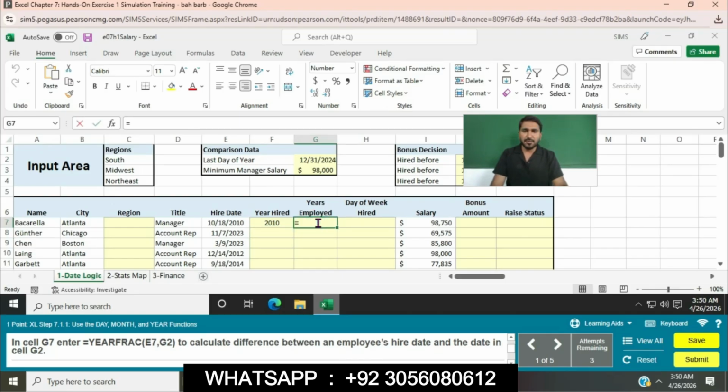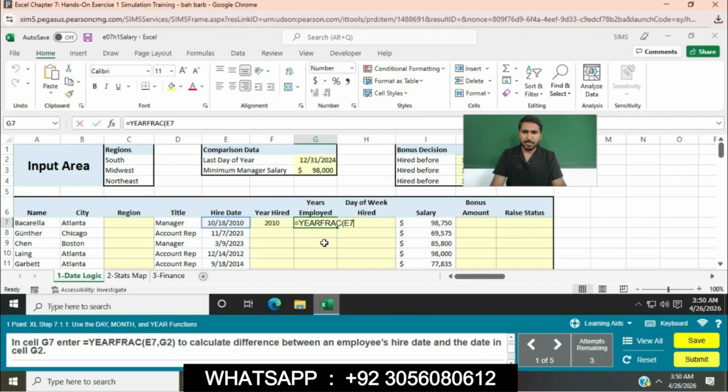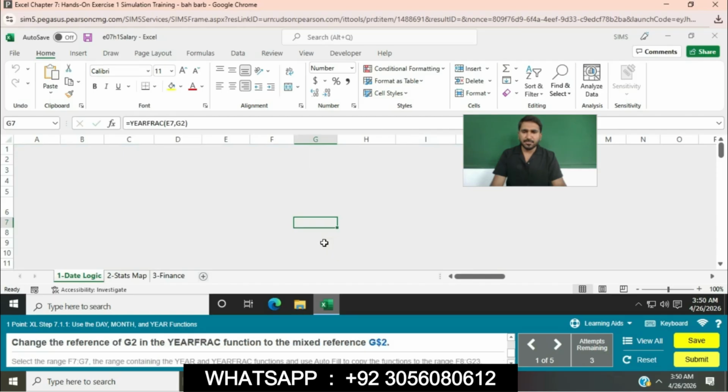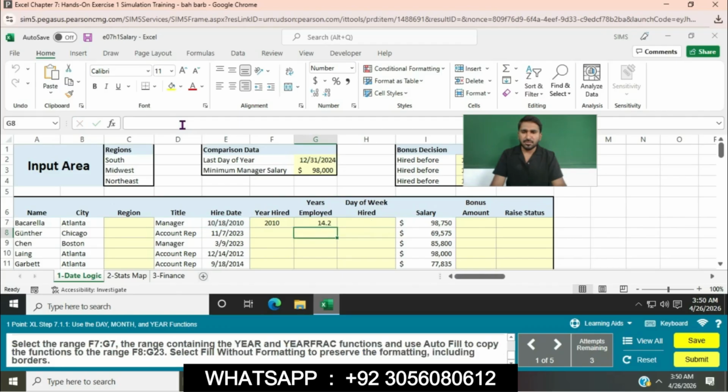Then press enter. Next, change the reference of G2 in the DATEDIF function to the mixed reference G$2. Enter the dollar sign for the mixed reference, G$2.